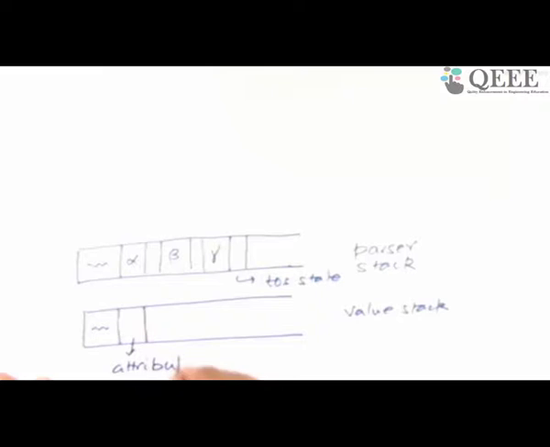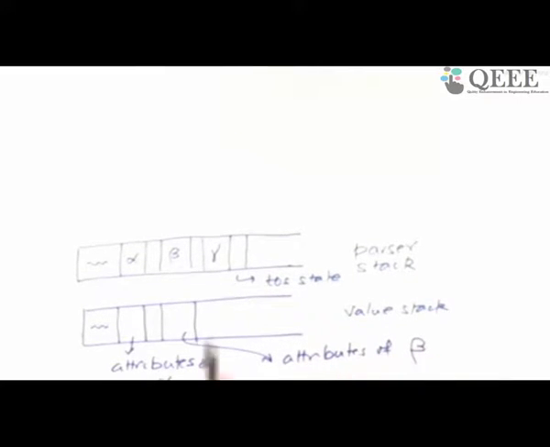Who controls this? The user, we who write the semantic rules. So henceforth we will write semantic rules in terms of attributes. So what is stored over here against alpha? All the attributes of alpha. In the place of state, nothing is there, not important. What is over here? The attributes of beta. And similarly, just below gamma on the value stack, there will be attributes or values that we will define of gamma.